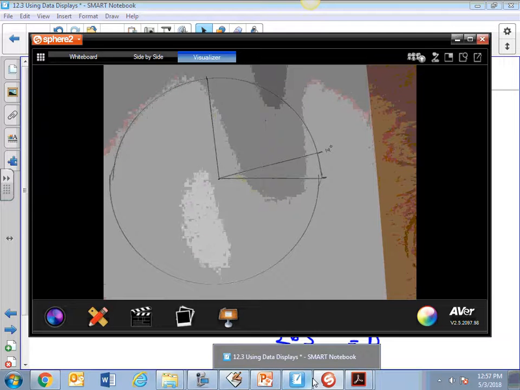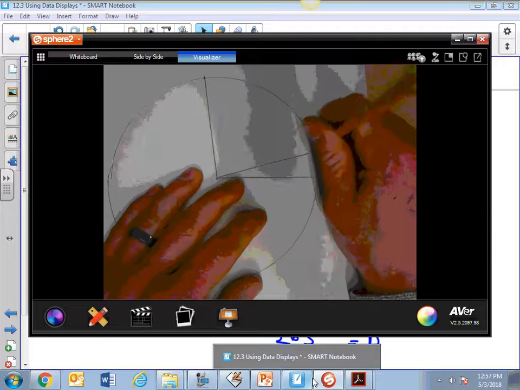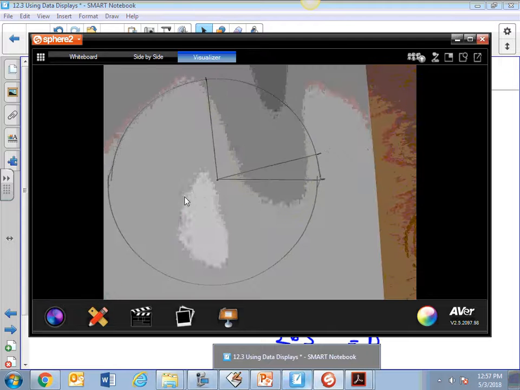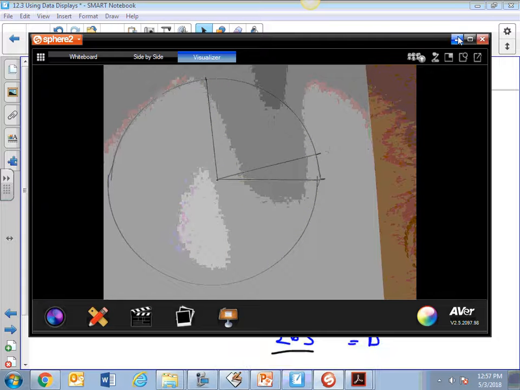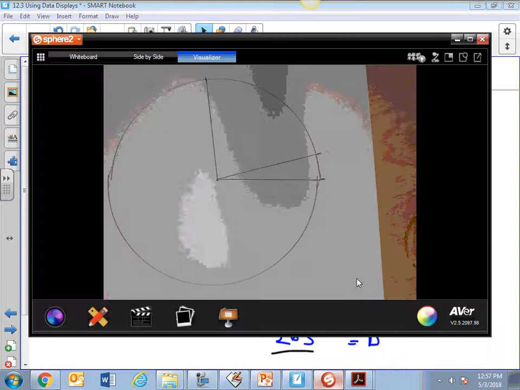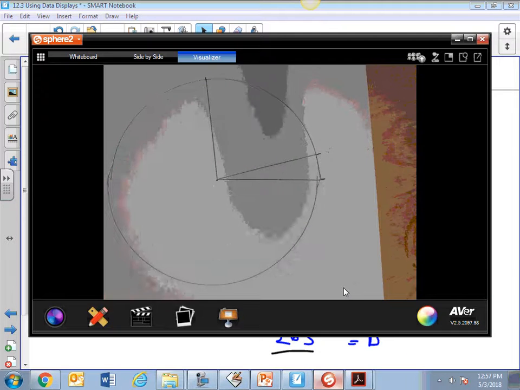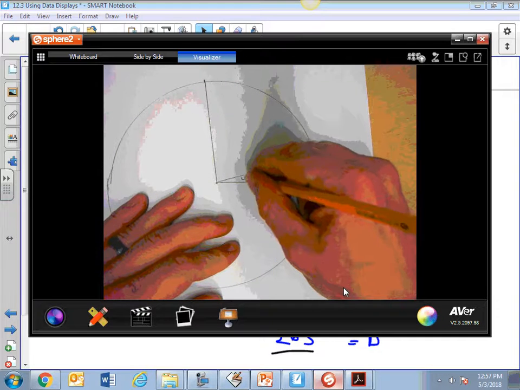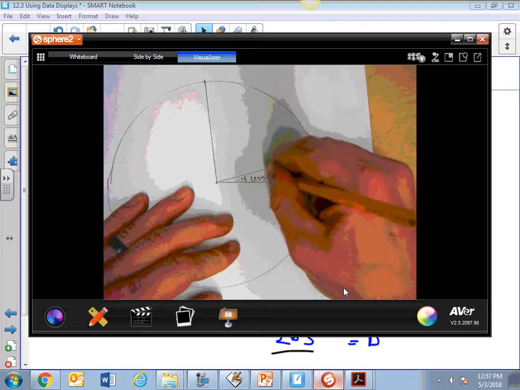Okay, so my next step, I'm going to erase my 14, all right? My little area there in the bottom right is going to be this. It's less than weekly, okay? So we're going to label it right there, okay? So 4 people responded, 4 said less than